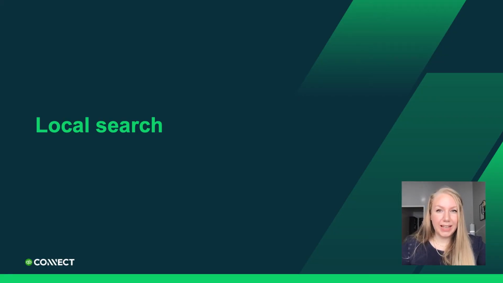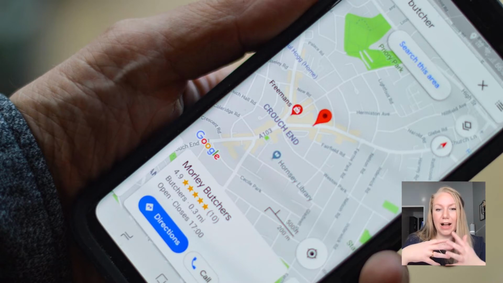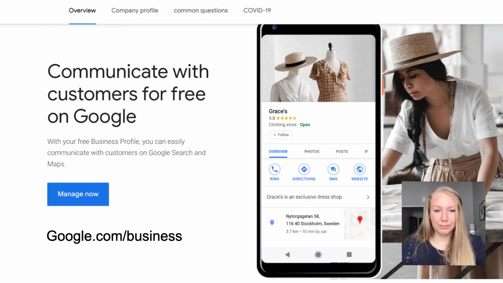Now that we've touched on authority, let's discuss local search. Local SEO basically is optimizing your business presence for local searches. So let's dive into that a little bit. Many of you have local businesses and are interested in attracting local foot traffic or customers. In these cases, it's essential to optimize for what's called local SEO. This way you can appear in places like Google Maps when someone performs a search. If you operate online only and don't really have any local clients, this area may be less important to you.